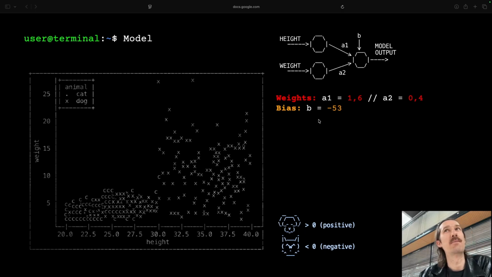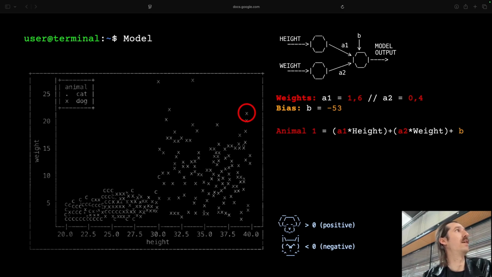Let's figure out the right parameters. Actually, I did that already for you, so I can tell you these are the correct parameters. You remember where I started from? For example, for the bias I had 13 in the first example, and I did the training on a small machine and figured out that the bias must be minus 54, and A1 and A2 must be that.